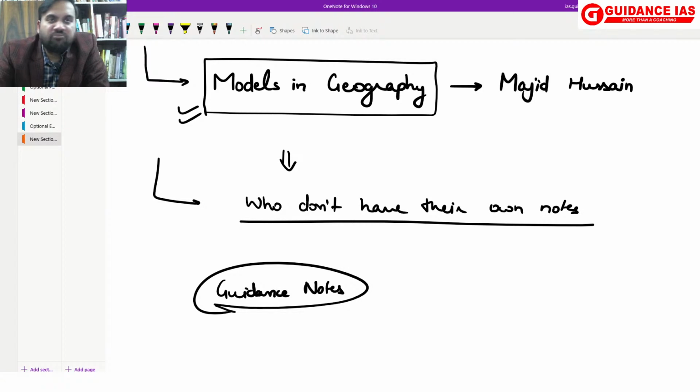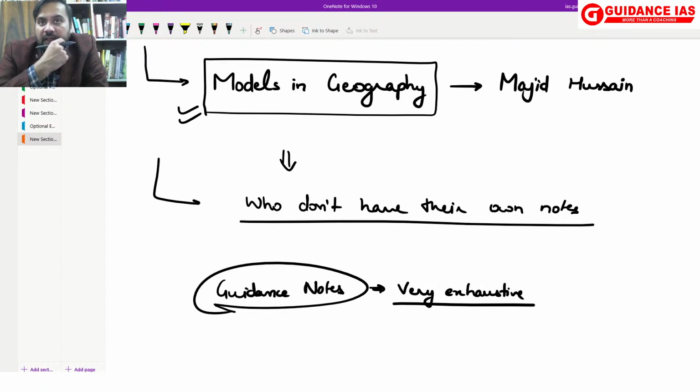So if you have read them, fine, there is no problem. They are very good. They are one of the case, ideal case हो जाएगा वो. But the thing is, मैं जो कहना चाहता हूँ बस उसको समझने की कोशिश करो. That guidance notes are very exhaustive. Practically speaking, I don't think that you will be able to complete both the guidance optional class notes plus 500 together. दोनों साथ में तो नहीं कर पाओगे.